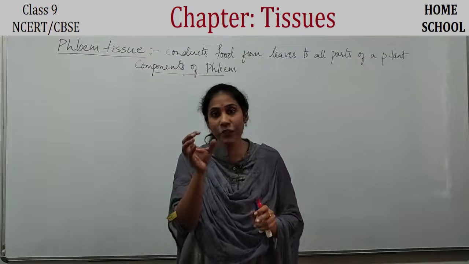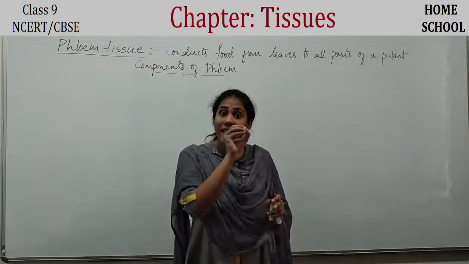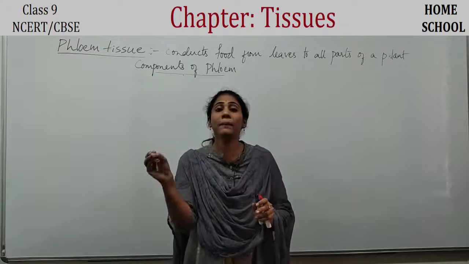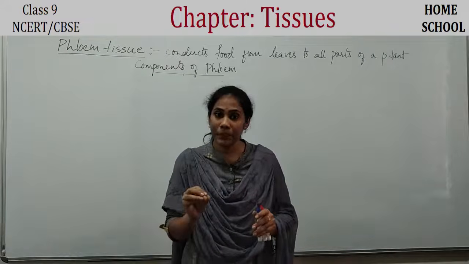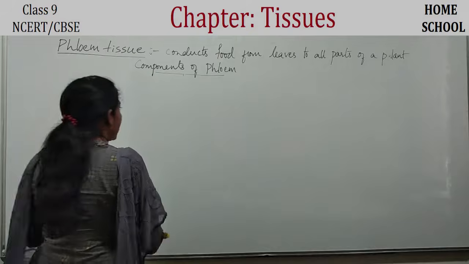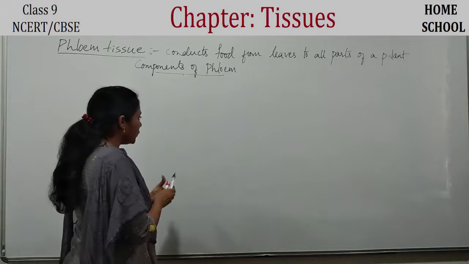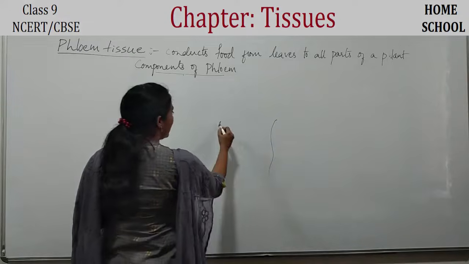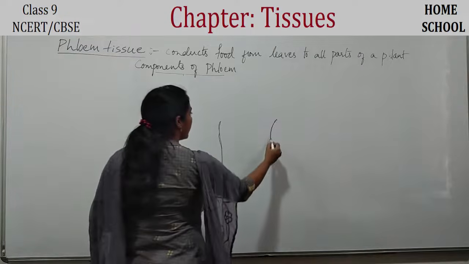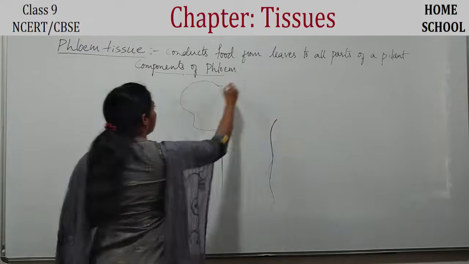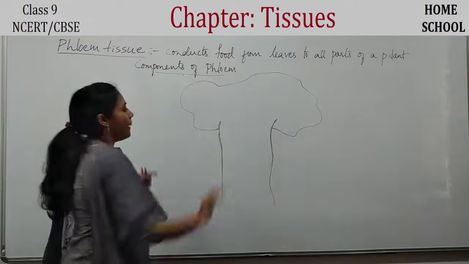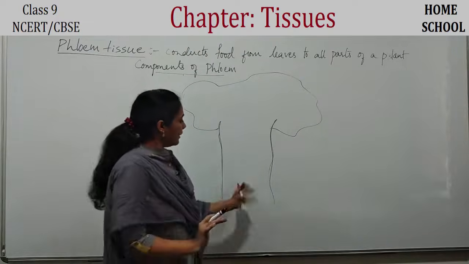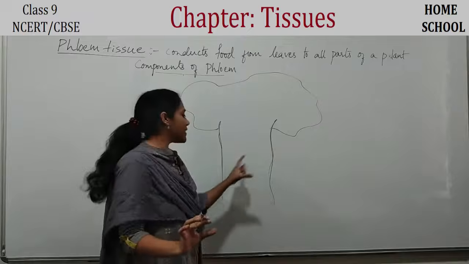But there is a tissue which separates xylem from phloem. There is a tissue present in between xylem and phloem that is called cambium. Okay, just so you get an idea, observe this picture here. Say, imagine this is our tree. Okay, I am drawing a very big bark. It's a very big tree. Okay, and this is the leaf part, the branches part of a tree. This is a bark. And here in the bark area, I'm going to show you how xylem and phloem are present.